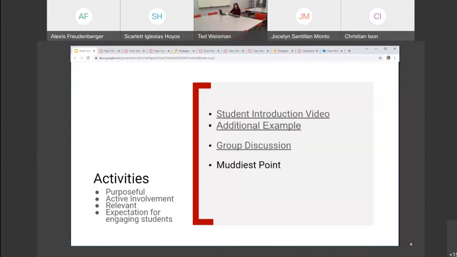If it works for folks, I think we can go back to the Jamboard activity if we want to take a moment and see how the Jamboard works and participate in that. We can talk about if you've got any experience, or if you just want to share any strategies that have worked.